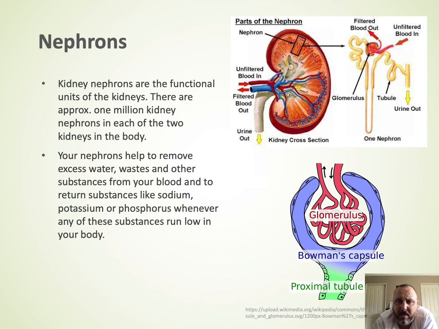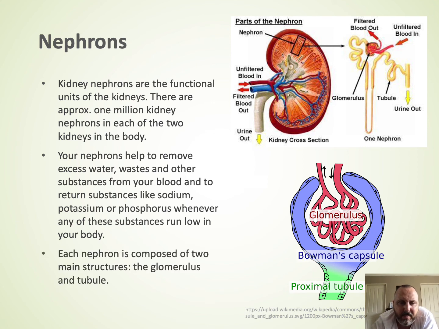So it filters out all of the things that it doesn't want. By the time we've got to here, things may have changed, so your body gets a chance to reabsorb things that it needs potentially, like sodium, potassium, phosphorus as examples. Those two parts of the nephron are the most important parts in terms of what happens there. So we get that filtration, we get a chance to reabsorb things that we potentially need. We then get a chance to